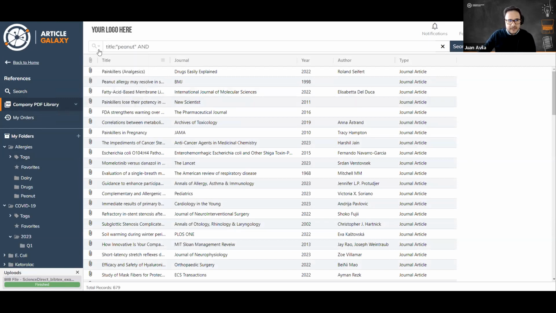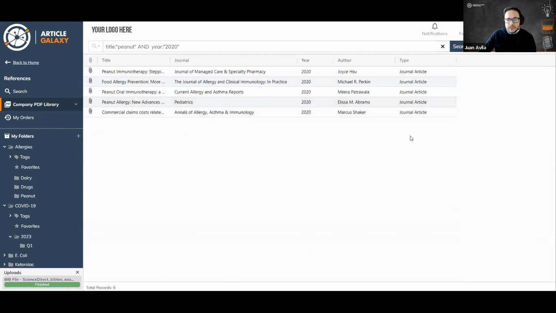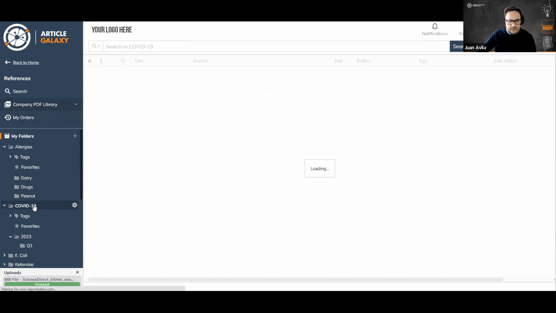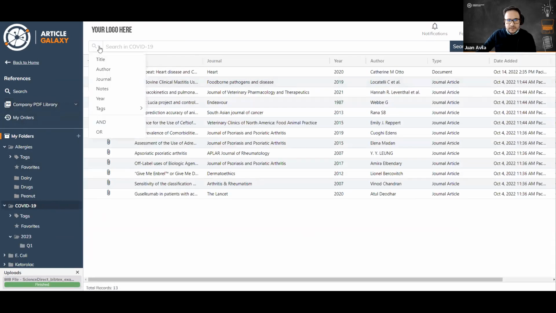And I want it to be from the year, I don't know, 2020. So it's going to show me all the items that meet these criteria. And as you can see, it actually works. This also works on any folder. So for example, if I go to COVID-19 and I search for something, I don't know, something with the author last name Smith,